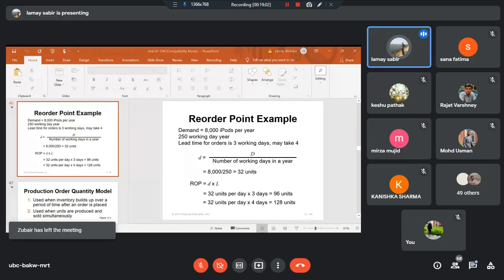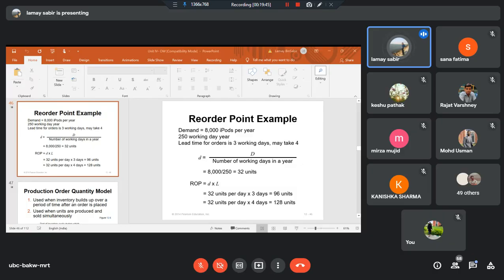तो जैसे ही suppose करिए आपने 1000 से start किया था and you started from 1000 and then you get down, आपके inventory consume हो रही है. The moment you reach 96, there is a trigger, and that trigger is that you have to place the order. Now, as far as your question about days is concerned, we have to do it in days. Reason is lead time is in days. If you see the lead time is 3 days. Now, when the lead time is 3 days, we have to multiply it with daily demand. That is annual demand divided by the total number of working days. That will give me the idea of the reorder point.